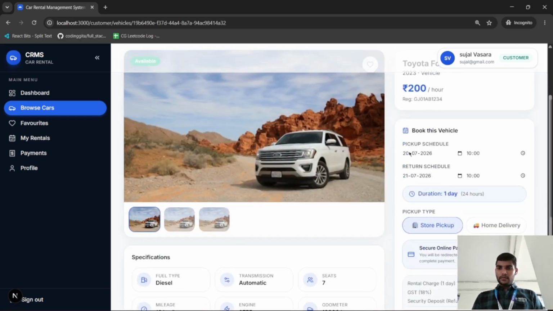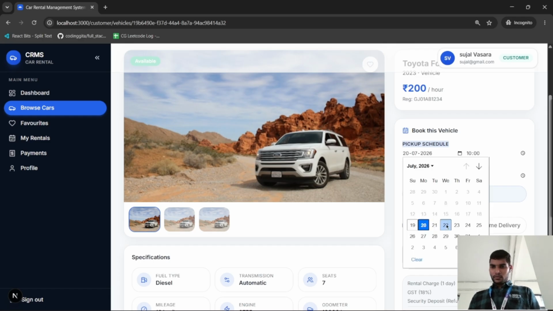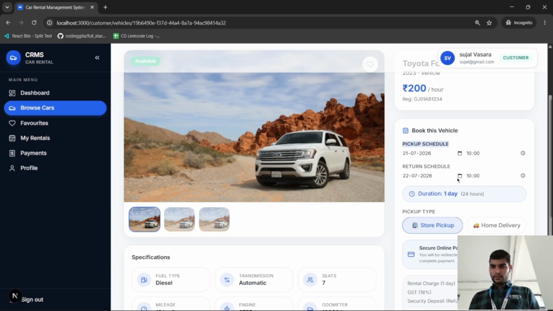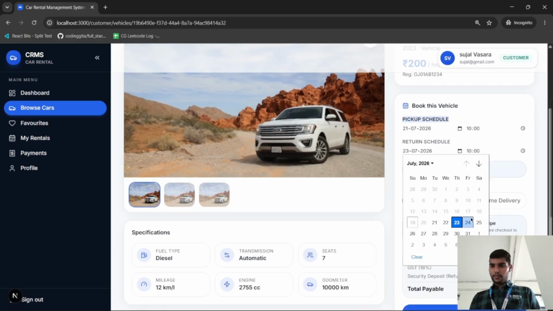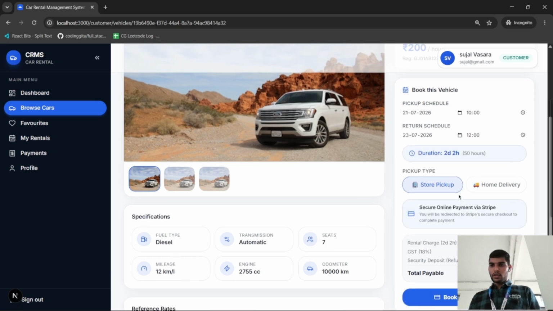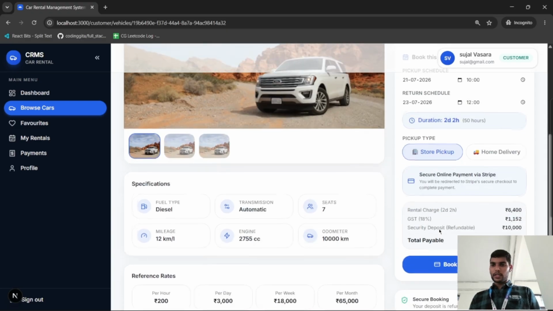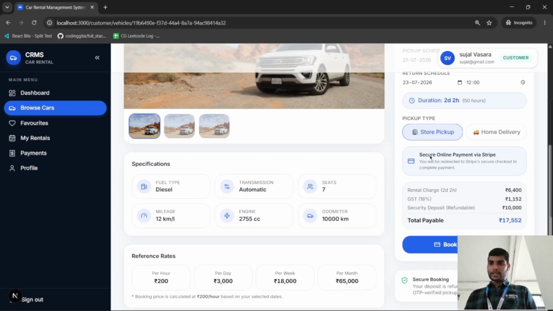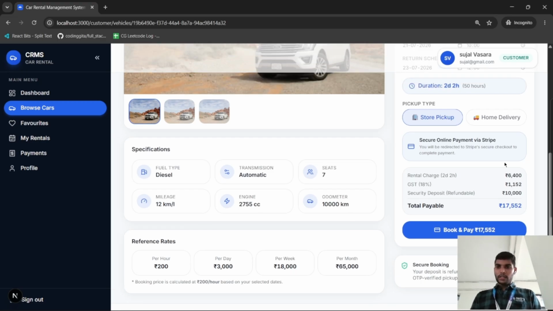Now suppose I need a vehicle from the 21st to the 23rd, and here I keep 12. So a total of 50 hours will be there, and here I selected store pickup. Now here we have implemented